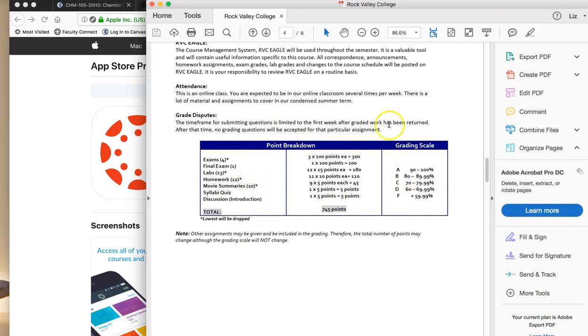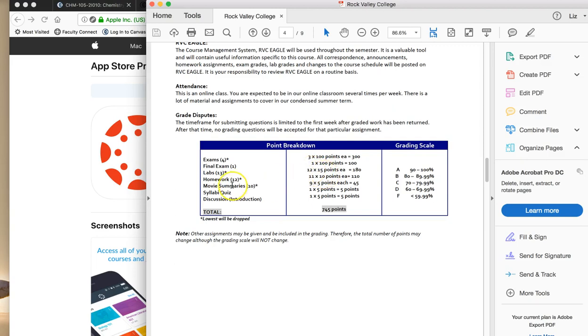All right, here's our point breakdown for class. Sorry, my formatting's a little off here. We're taking a total of 4 exams, but I drop your lowest 1. So 3 exams at 100 points each give you your 300 points there. Final exam cannot be dropped. We only take 1 of them. It's worth 100 points. Labs, we have 13 scheduled, but I drop your lowest 1 lab, so 12 labs at